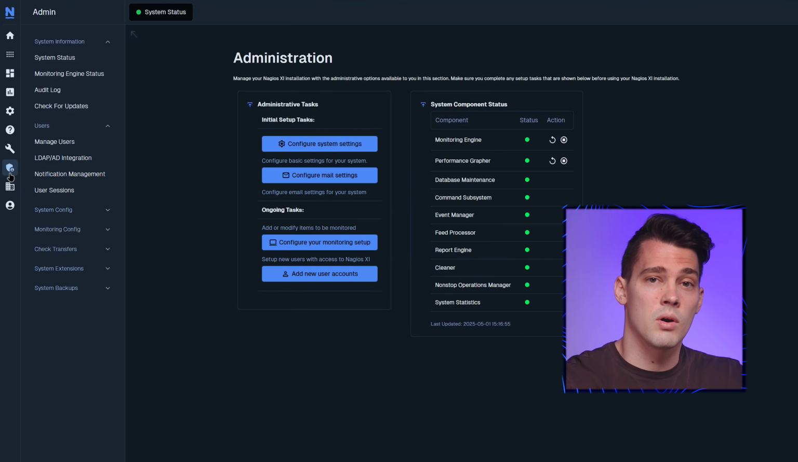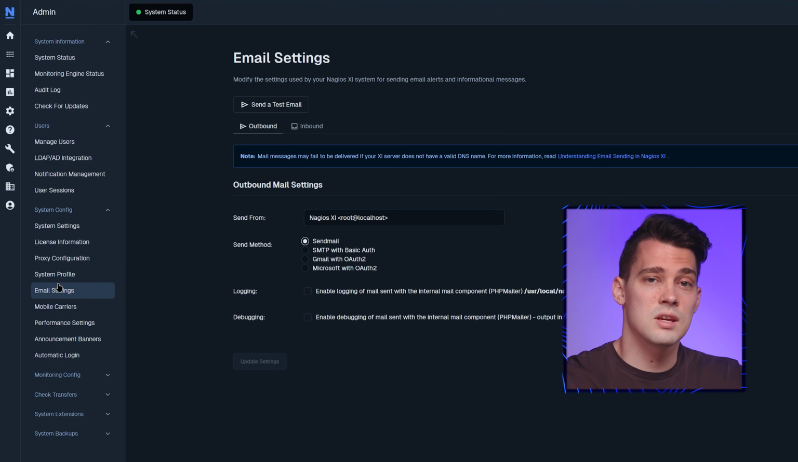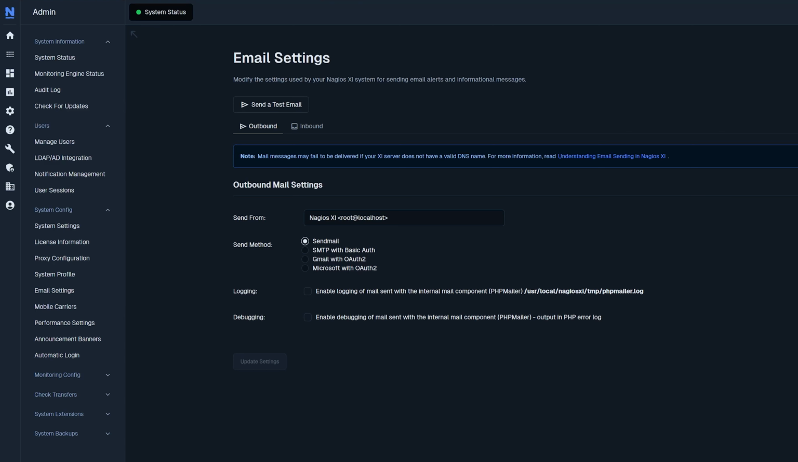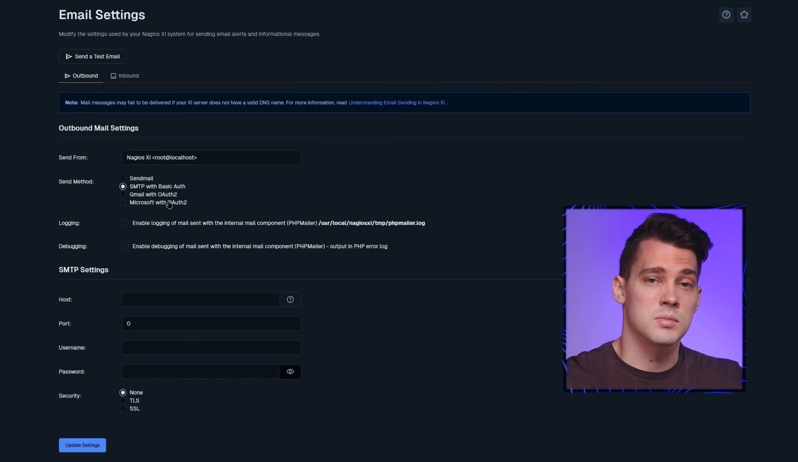In Admin settings, we want to go to System Config. Then we can click on Email Settings. For the outbound mail settings, we could see that the send from email is root at localhost. We will be changing this to SMTP using basic auth. You could also use Gmail or Microsoft using OAuth, but in today's example, we're just going to be using the SMTP settings. After clicking that, we see some SMTP settings that populate below, such as host, port, username, password, and